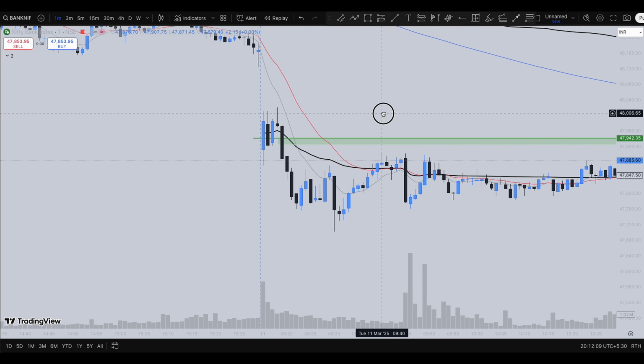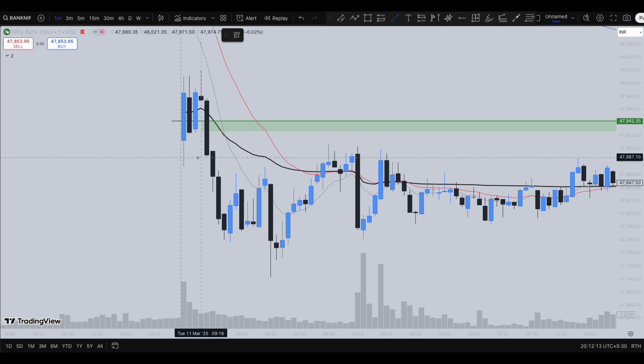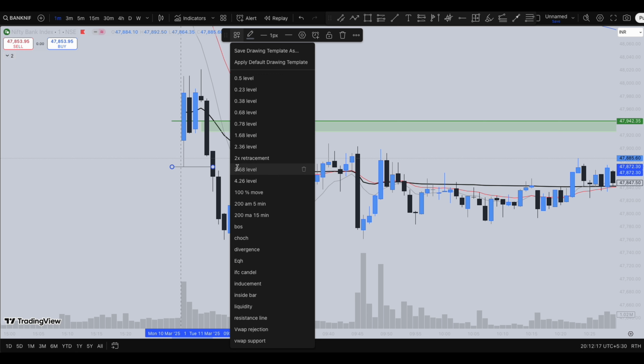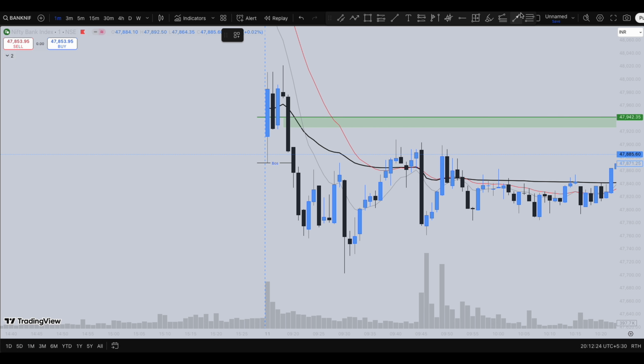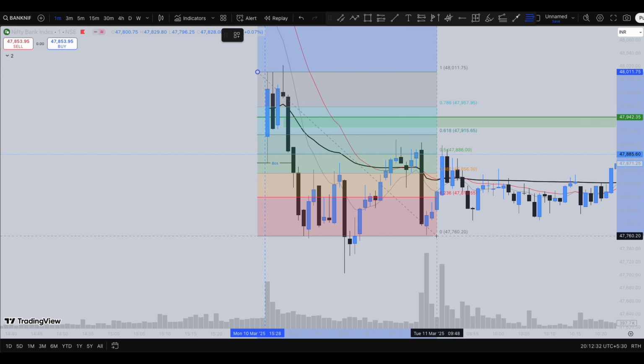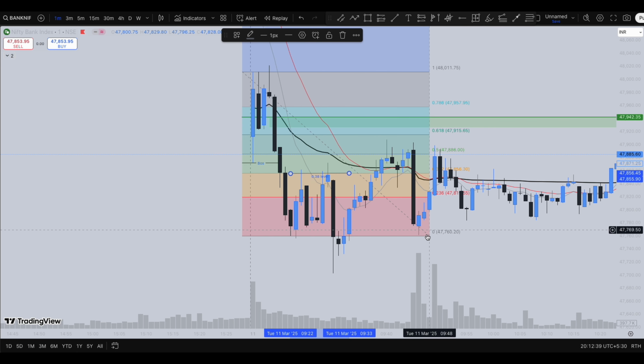But in case you have missed out on this trade, what you can see here is that the market clearly broke this structure with a fair value gap, and you can consider this to be a break of structure, and again the market retraced back. So if you try to plot the common point between this and the common point between this, you can see the market retraced all the way to the 0.38 level over here. This is where the market retraced